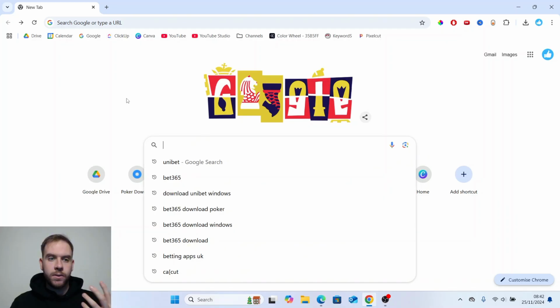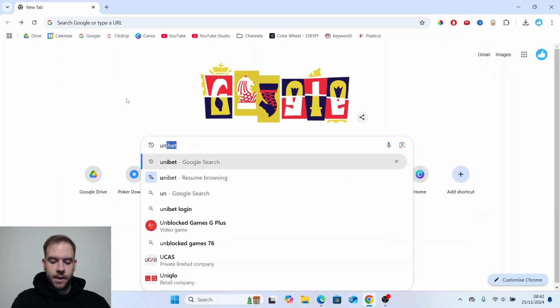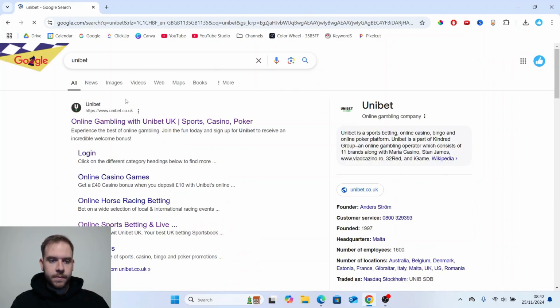We have to play on your internet browser on your computer. So go to Google Chrome or any other internet browser and go to Google itself, type in UniBet. And from there, sometimes there are sponsored links at the top. These are advertisements run by either UniBet itself or other betting companies that will show up before the first organic link. You want to scroll past those and go to this first organic link here for UniBet,